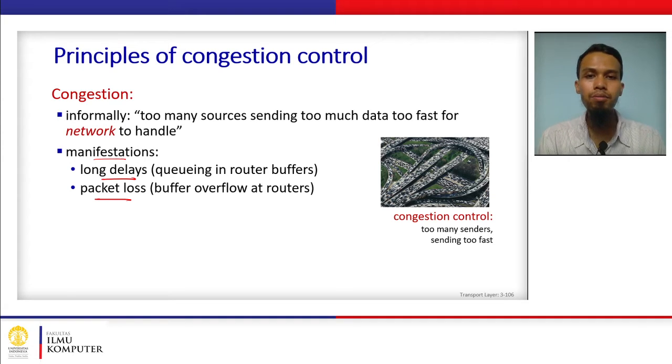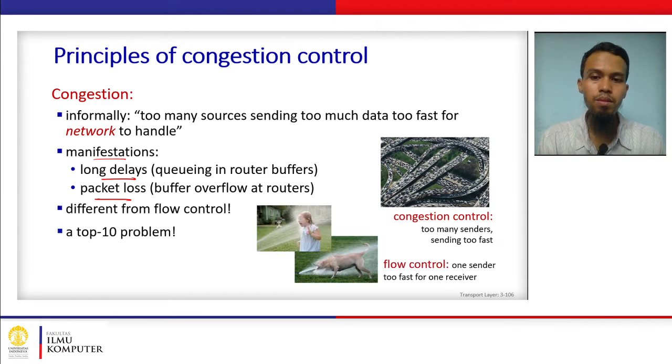In the same way, if there are too many packets flowing in the network, after some time the network will be congested. As we studied in the first chapter, the causes of this congestion are packet loss due to buffer overflow in the router, and long delays due to queuing delay in the buffers of the routers. This is a different concept from flow control, because flow control only deals with one sender and one receiver, but congestion control involves all the senders in the network, so it is more general.